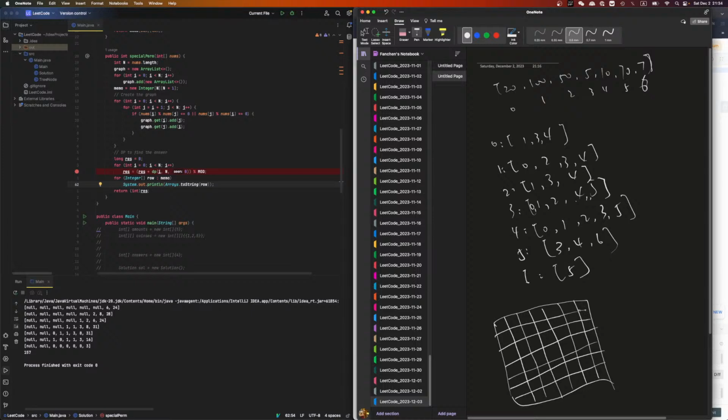Actually, we need 7 because the length is 7. Right? Because this should be 7. 1, 2, 3, 4, 5, 6, 7, 8. Yeah, it should be 8. That's correct. So basically this is 6,